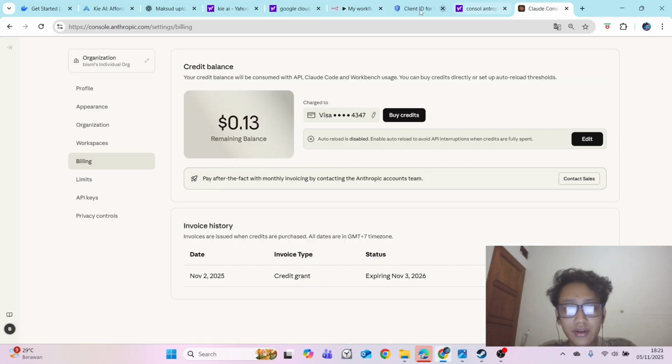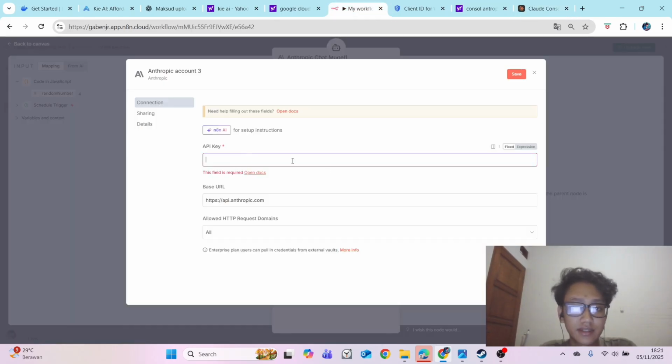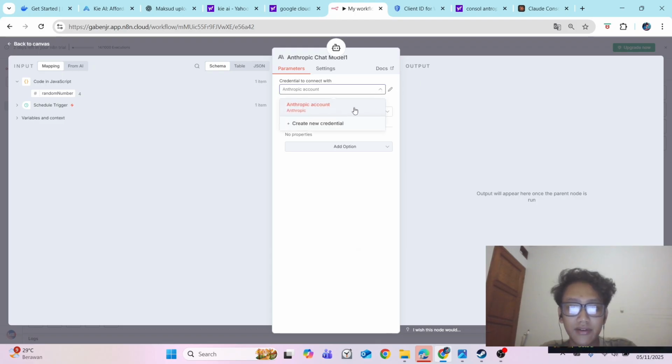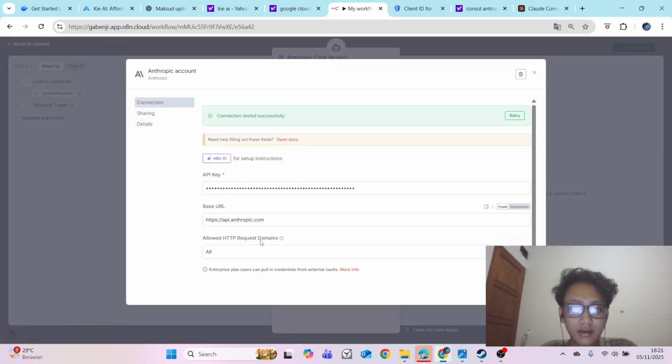You can copy your API key into this column and click save. I already put my key in here, okay? The setting is like this.